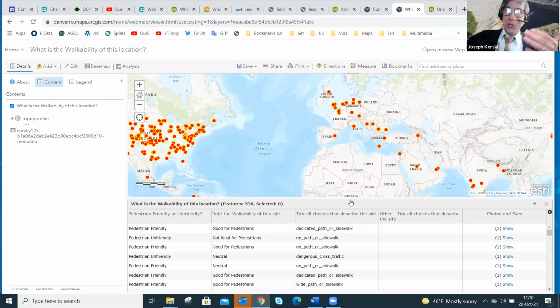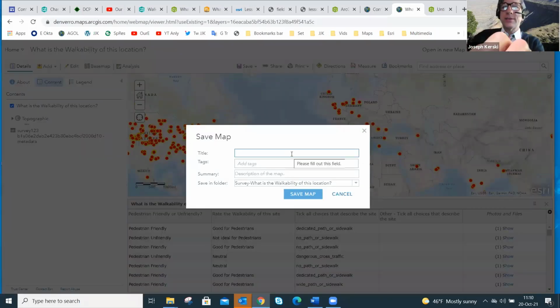In the classic map viewer in ArcGIS Online, it's actually under this, I'm going to save as, and I'm going to call it the walkability for the Black Hills Mapping Conference. How does that sound?